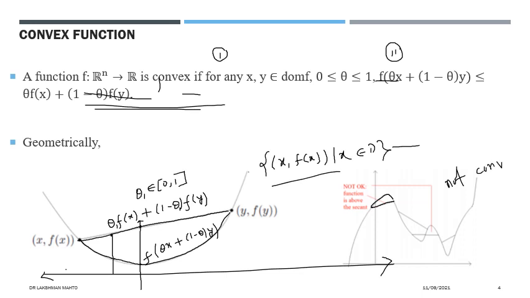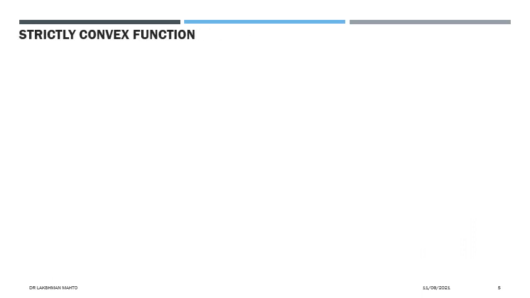This one is a non-convex function, and the first one is a convex function. This one is what? It is a convex function. That is the definition of convex function and non-convex function, and it is very simple. It has a clear geometry. It is a convex function. Okay, now I will talk about further,